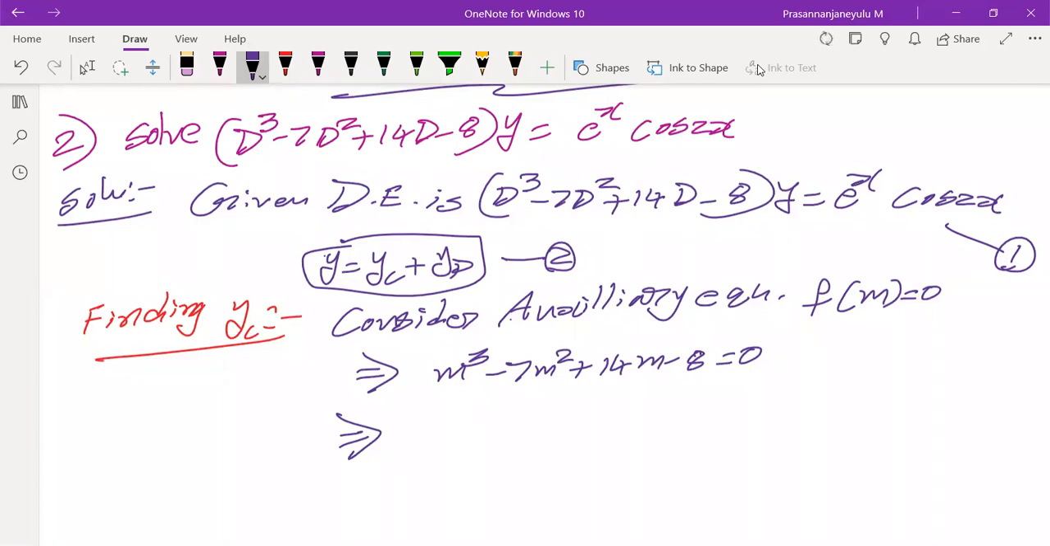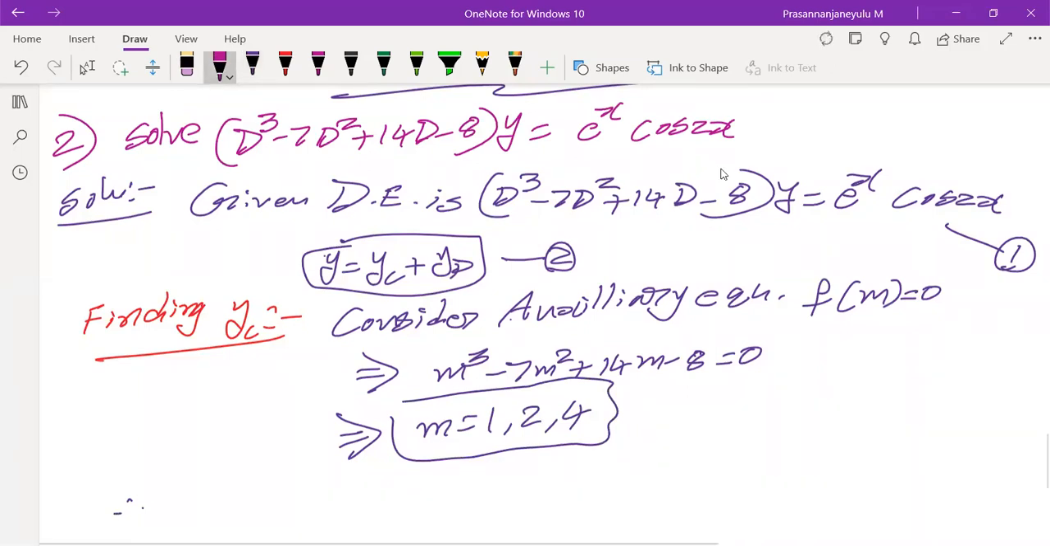The m cube coefficient a is 1, the m square coefficient b is minus 7, and the m coefficient c is 14. In place of d, there is a constant term, minus 8, which we have to take. If we take that, then we are going to get 1, 2, 4 as roots. So m equals 1, 2, 4. All are real roots and are distinct, different roots. Therefore, the complementary solution yc is equal to,